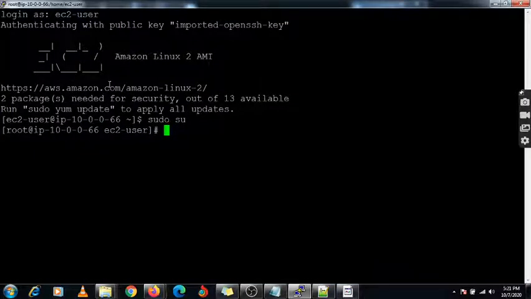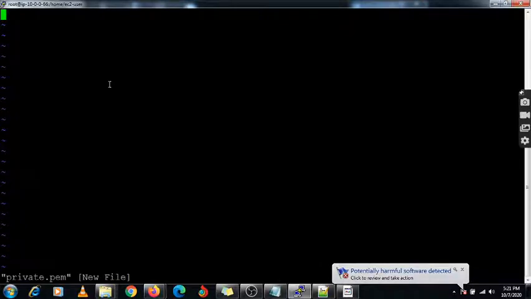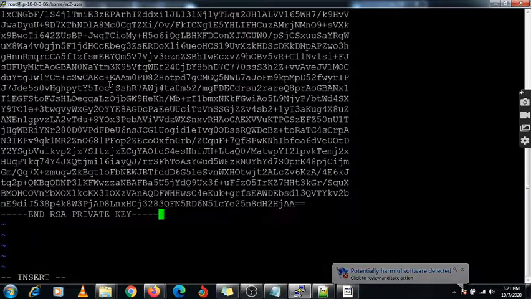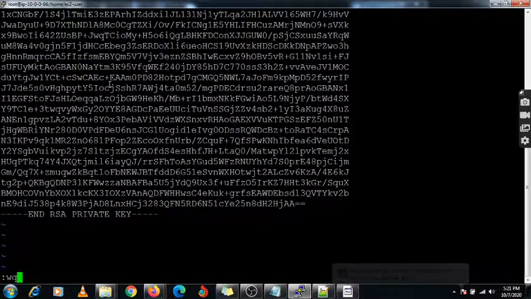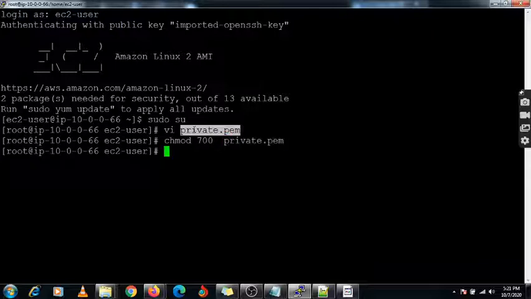Okay, so I am going to create one file called Linux private.pem, and under this file I am going to paste it. I am going to save it and give the permission chmod 700 for this private key.